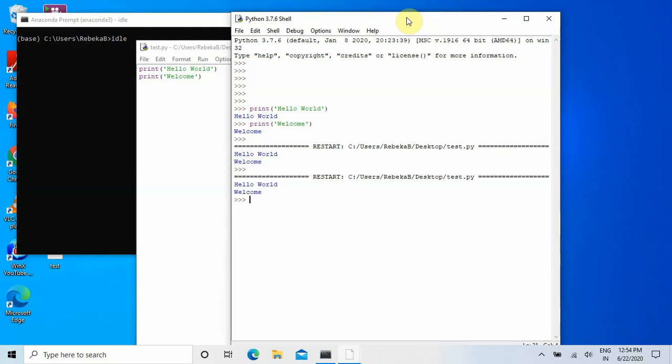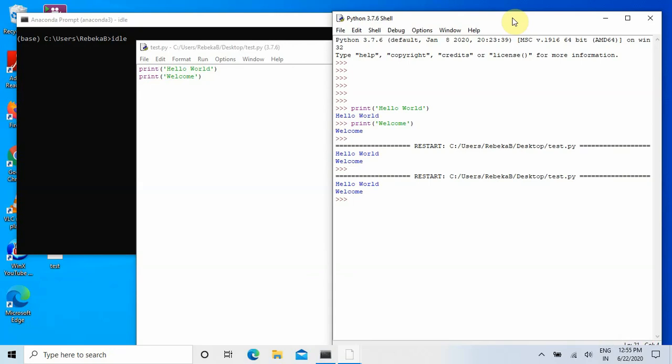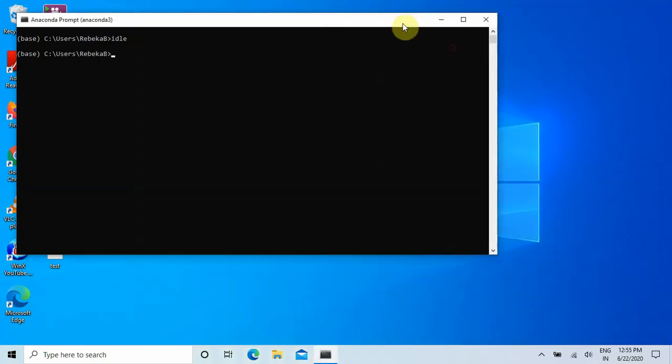In my implementation I will be using Jupyter Notebook, because as you can see, it is the most common Python platform, and it also helps us to run the code in blocks, in lines, and also we can run the entire code at once. The Jupyter Notebook is used in deep learning and also machine learning purposes. So I will be using Jupyter Notebook. So let me close this Python shell,